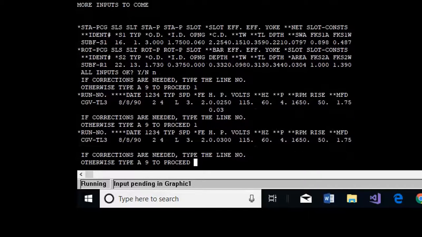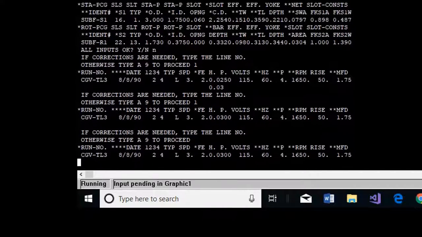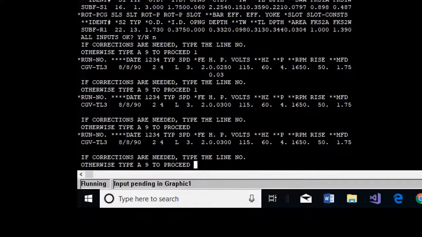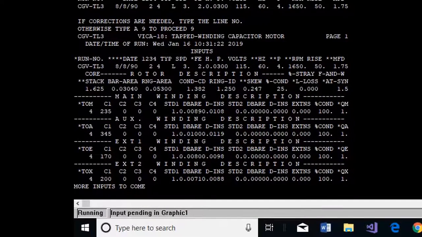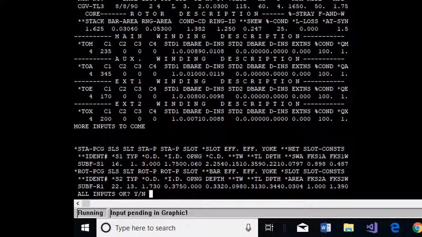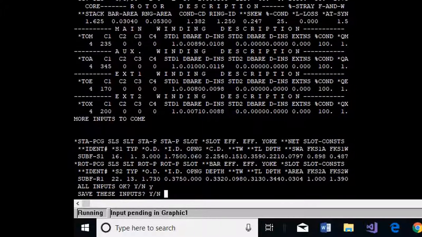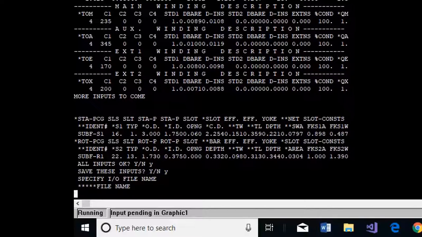And I can hit return, and I can hit return again. Well, that didn't do any good. I'll type a 9. Okay, so there are my new inputs. That's how you change one of the input data fields. Okay, yes. Save these inputs. Well, yeah, I could create another input file and call it CGV